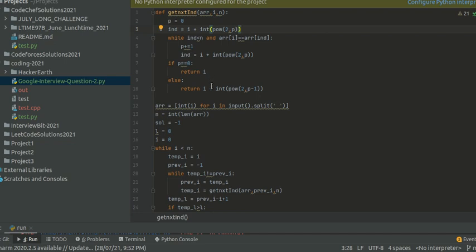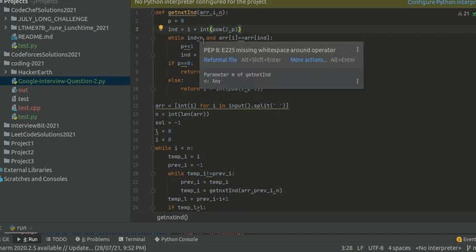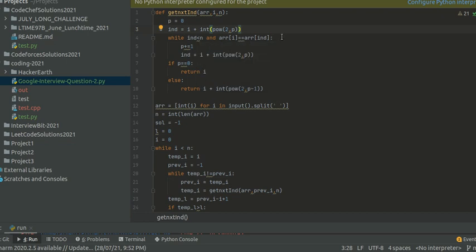Okay, and if it is not equal to 0, p equals 0 means we took only one step forward, and that number was either beyond the size of the array or not equal to arr[i]. So if either of these two conditions happens and p remains 0, then we simply return i.